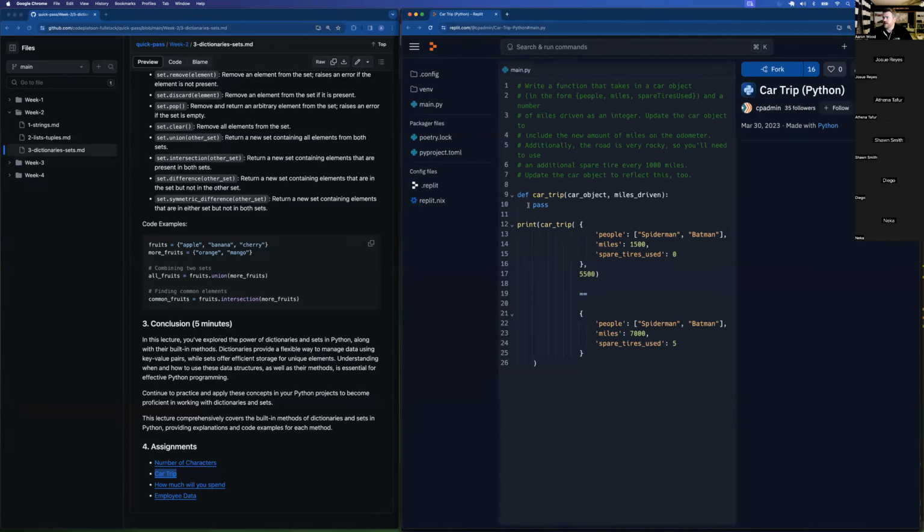The second one is the car trip. And so this one here is pretty cool. It gives you a car object. The object is going to be a dictionary, and the dictionary looks like it has 3 keys in there: people, miles,